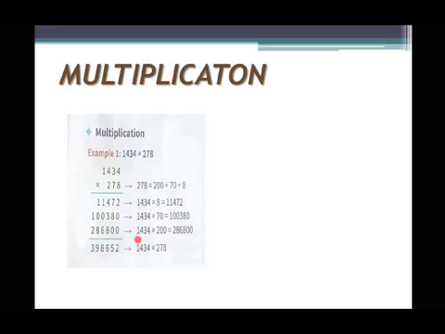Then same way 1,434, as we have 2 in the hundreds place, you have to multiply with 200. So you will get 2,86,800. Now all this you have to add. If you add, you will get 3,98,652. So if you multiply 1,434 with 278, you will get the answer this way. That's why here we have written 278 as 200 plus 70 plus 8. That means we have written this in the expanded form.